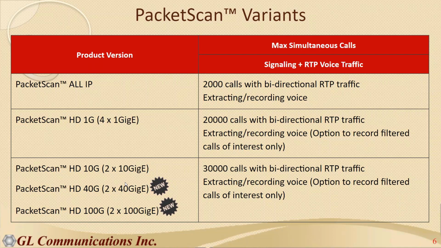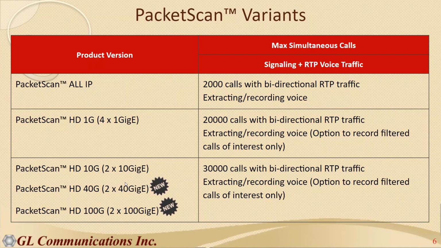With the general PacketScan All-IP product, we can monitor, record, and extract voice on 2,000 calls simultaneously. With PacketScan HD, you can see that increases to 20,000 calls on a 4x1 gig interface card. It's just a slide to show you that at higher speeds and higher density applications, the PacketScan HD is required. At the bottom there, the 30,000 calls